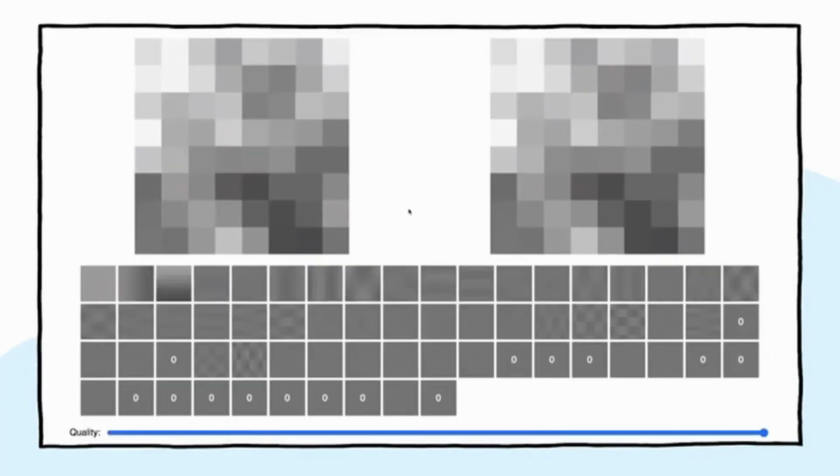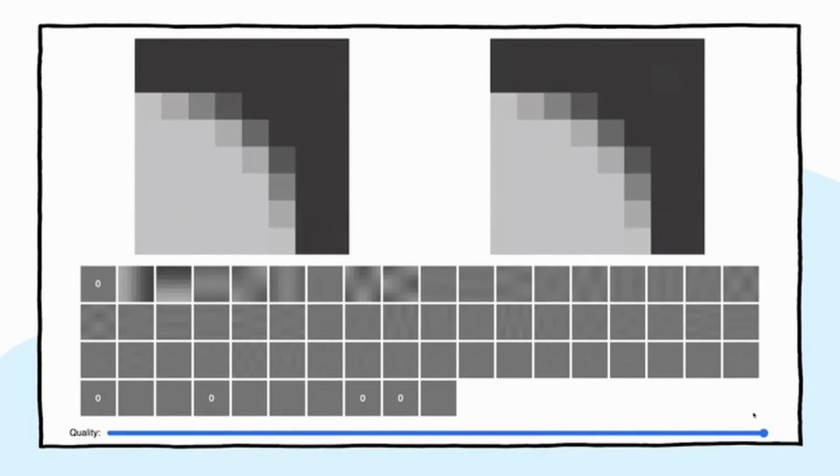Now let's take a small portion from an actual picture. We can see that many of these are 0. If we reduce the quality, removing more phases, we get an approximate picture of the same thing. At a small enough scale, no one can notice. However, this does not work well with flat areas of an image. Even a small reduction in quality is easily noticeable.